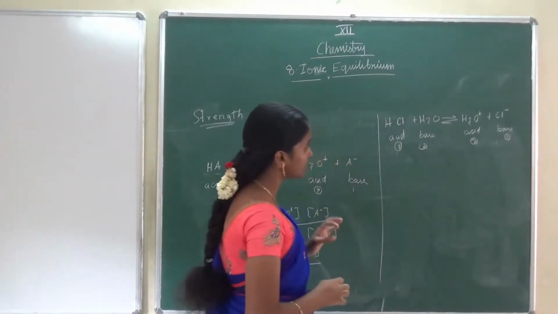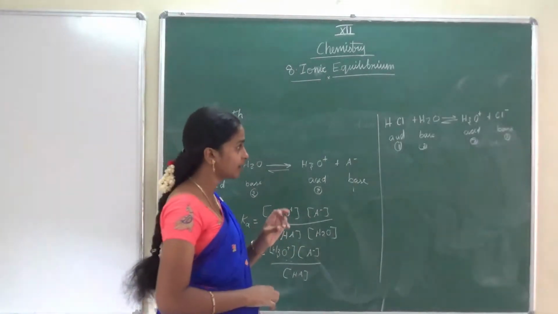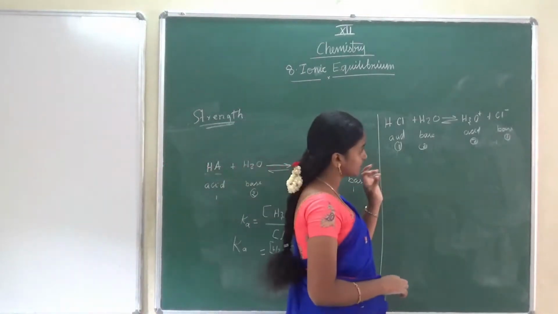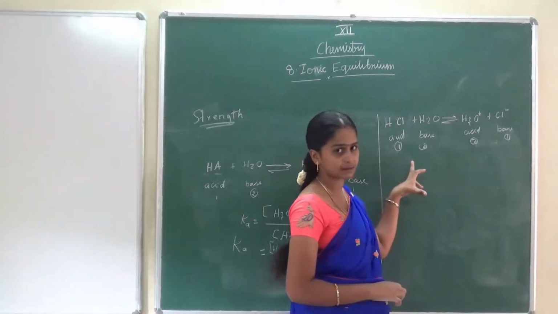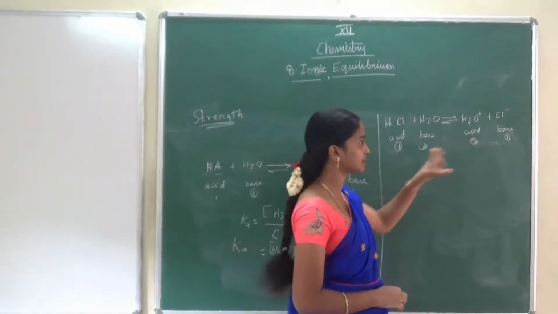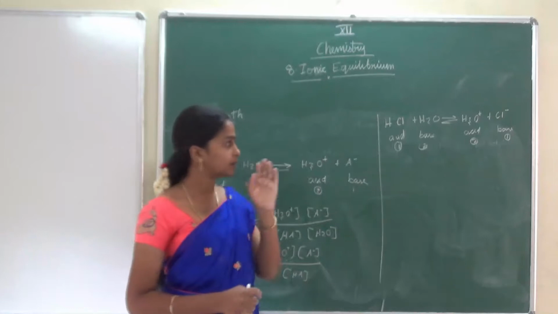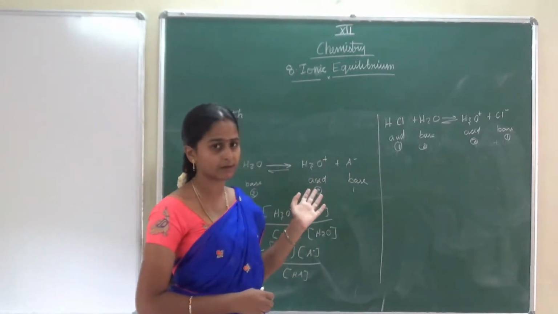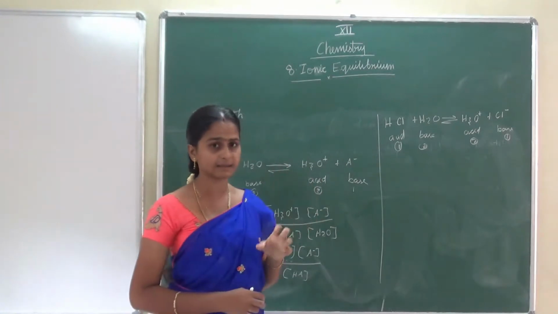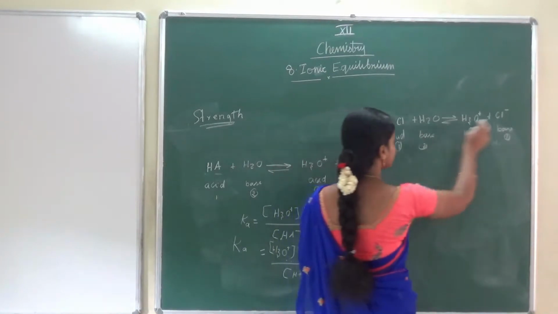Okay children, now here they are giving another concept. Remember this one, very important. The conjugate base which is coming from a strong acid has less tendency to accept the H plus back. Releasing H plus is very easy for them. Let's say they are strong acids, but after releasing the H plus ion, it will become Cl minus.